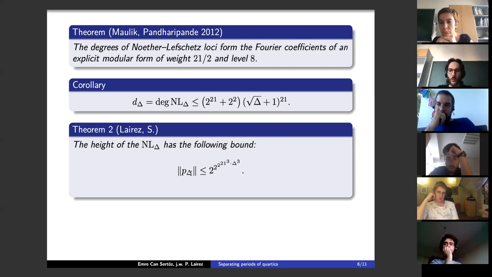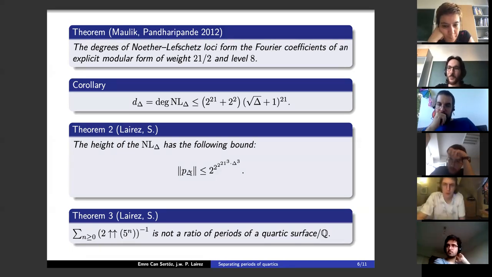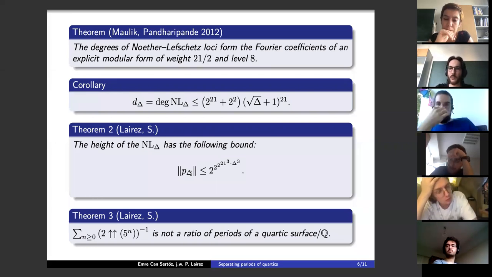Okay, but we do make the most of what we have, and we also make the following conclusion, which is we write down a number, which we say cannot be the ratio of two periods of a quartic surface. Again, theorems like this are very hard to come by. People usually study periods of curves or periods of abelian varieties. These have sort of level 1 in some sense, and level 2 periods, so periods of surfaces, they have not been exhaustively studied. Okay, so this is a new kind of result, which says, okay, this number is not a ratio of periods,